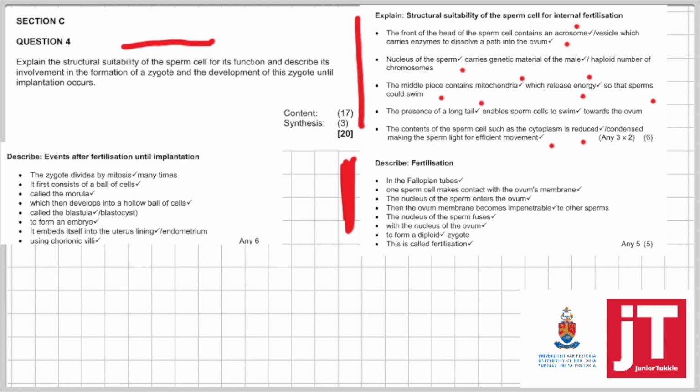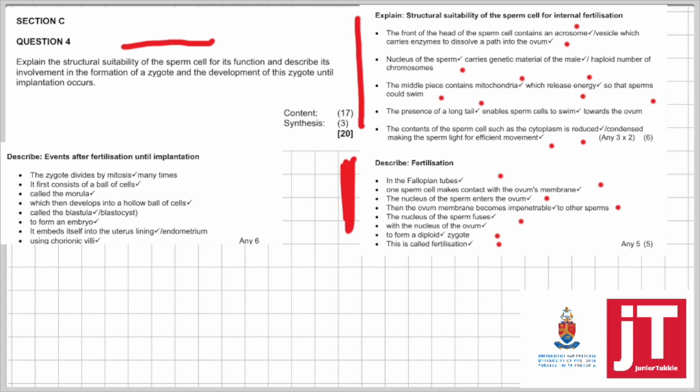fertilization. In the fallopian tubes, one sperm makes contact with the ovum's membrane. The nucleus of the sperm enters the ovum. Then the ovum's membrane becomes impenetrable to other sperms. The nucleus of the sperm fuses with the nucleus of the ovum to form a diploid zygote. This is called fertilization. And then we talk about